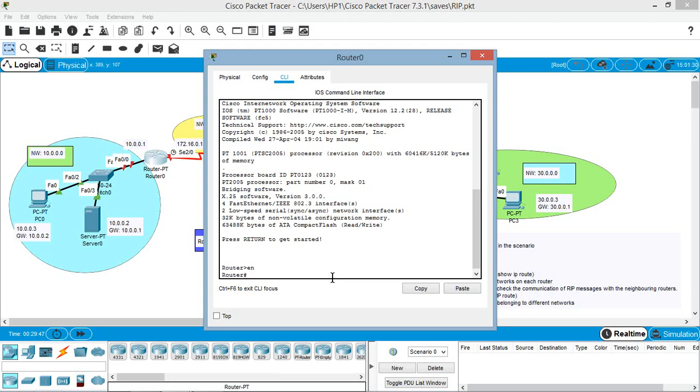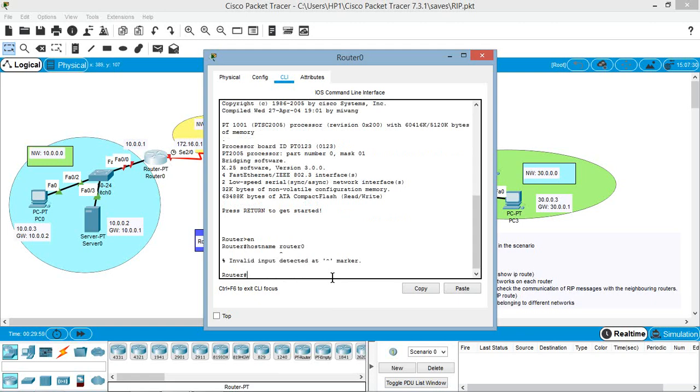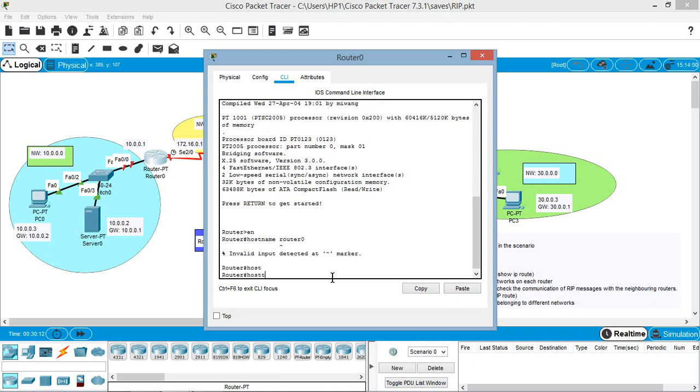Now let us first give a name to this router using the hostname command. Hostname router 0. It is saying invalid input detected at marker. So let us use the hostname command again.